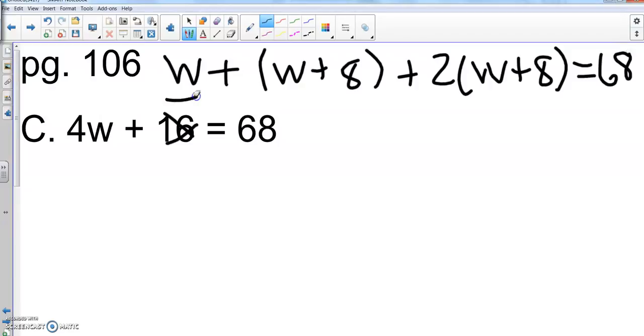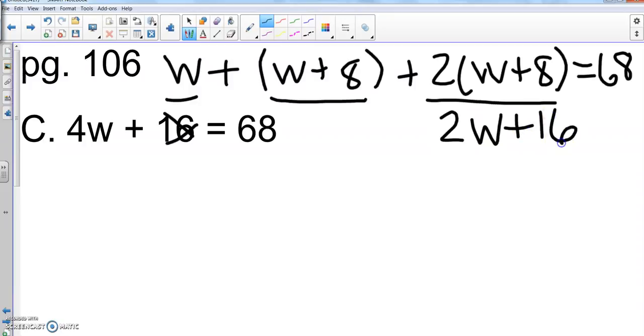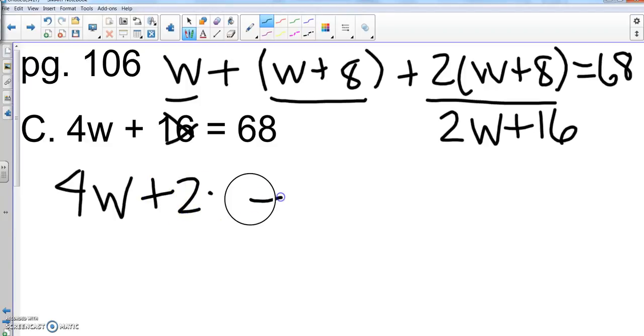Will, that's Will, plus Sam, plus Mark, this was Mark's, equals 68. Okay, so what I did was, here was my math. W plus 8 plus 2W plus 16. So a W plus a W plus a 2W is 4W. That's where I came up with that. 8 plus 16 is supposed to be plus 24